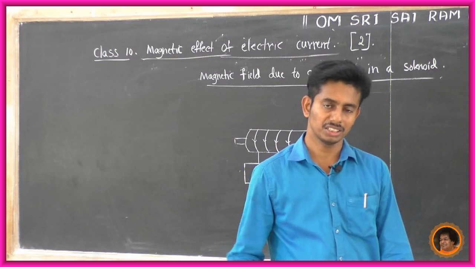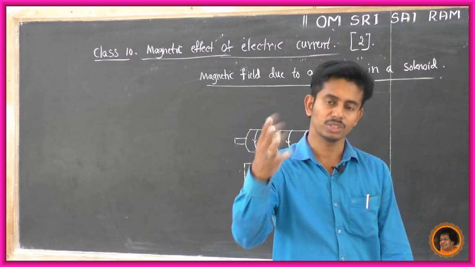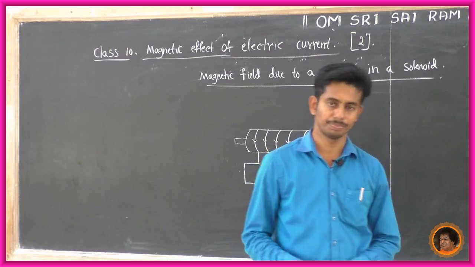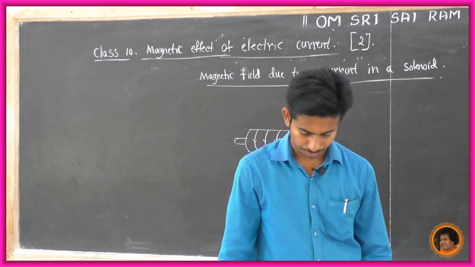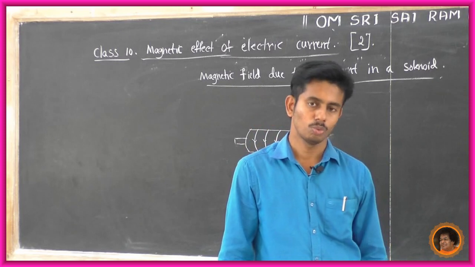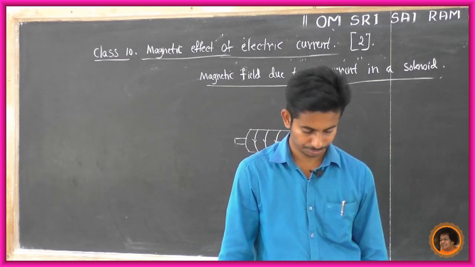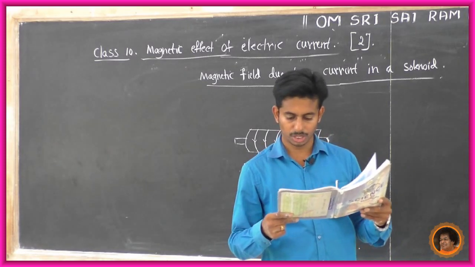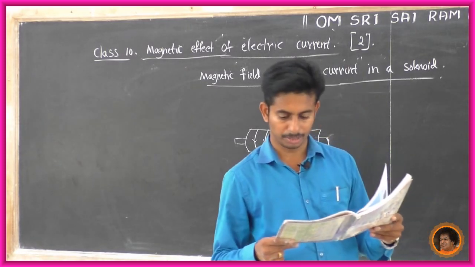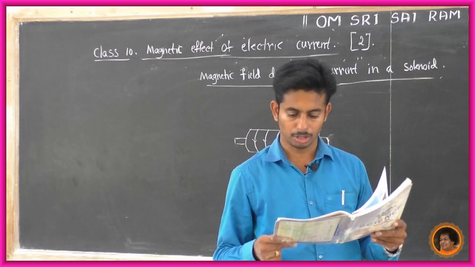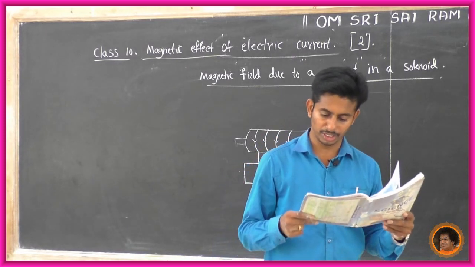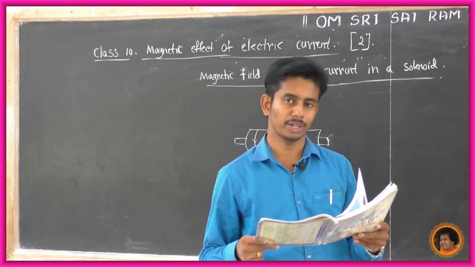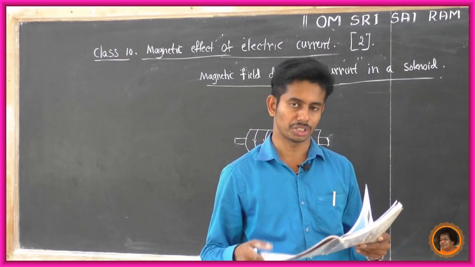So in this class we have studied the different types of magnetic field produced by a straight conductor, a circular loop, and then a solenoid. Write some questions. What do you mean by solenoid? Next question, what is an electromagnet? Another question, draw a diagram of a current carrying solenoid coil used to magnetize a steel rod inside it, an electromagnet. These are the questions. Sai Ram.